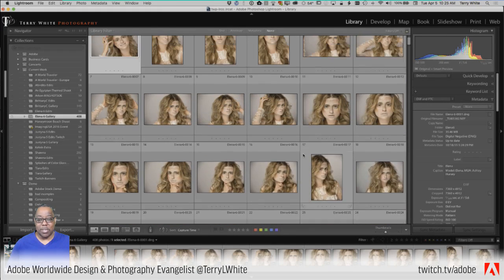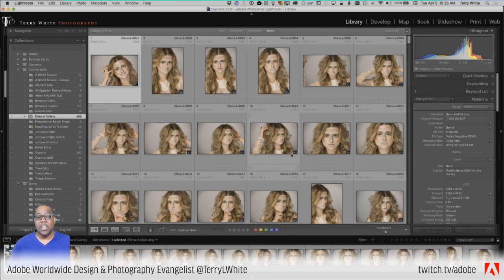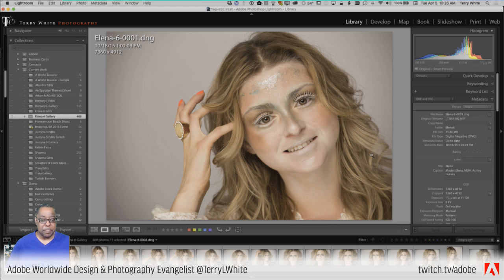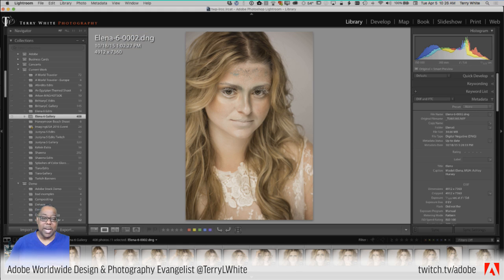Now, when I started the selection process of these, the selection process was to quickly get rid of the ones that I knew I didn't want to use. So in the past, that would have been going to the Loupe View and making a decision by choosing an option such as a flag, a star rating, a label, and then going to the next photo, or just going to the next photo. So in this case, it's not a must keep, it's not a throwaway, let's just go to the next photo. And I would just hit the right arrow key to go to the next photo.